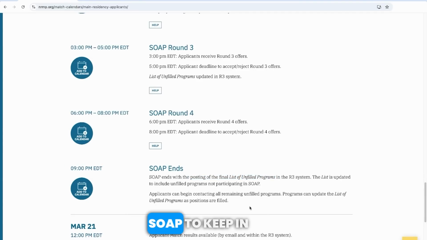So one thing about SOAP to keep in mind is that you are not allowed to reach out to programs. So let's say you saw the University of Miami has an empty spot through round 1 of SOAP. You're not allowed to reach out to the University of Miami. They are allowed to reach out to you and give you an offer, interview you, but you're not allowed to